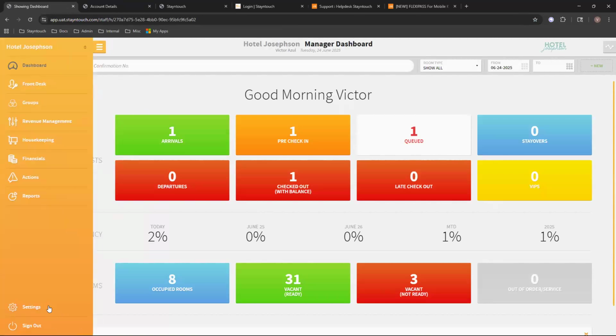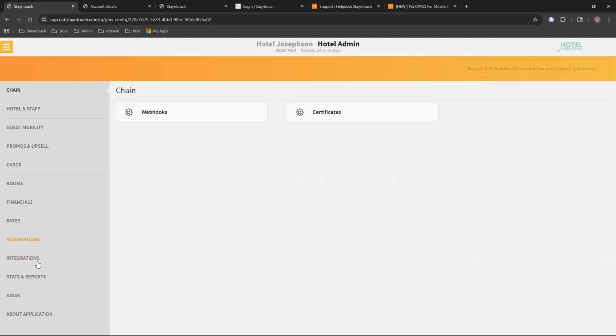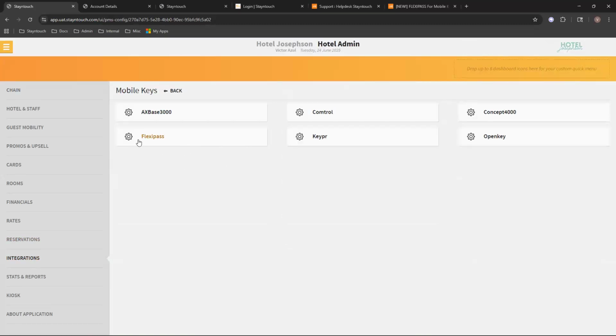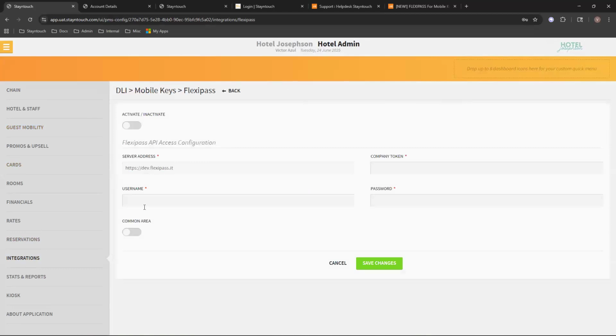So again, if you navigate to settings, and jump over to my integrations under door lock interfaces and then mobile keys, I do have that option for FlexiPass here. So again, there's additional configuration. If you are a property that is interested in mobile keys functionality or are currently interested in FlexiPass specifically, obviously you can reach out to us and we can initiate this integration that we now are able to do